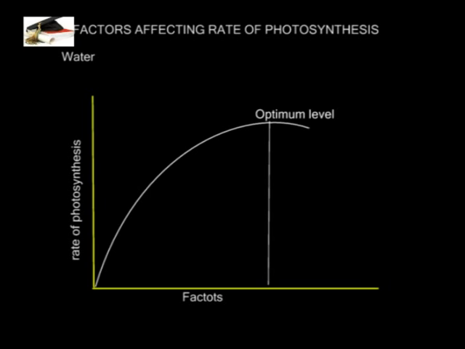Water. Plants need water for photosynthesis. A plant whose leaves are withering due to lack of water may photosynthesize at a lower rate. However, water is needed for many other purposes besides photosynthesis, and the effect of water shortage on photosynthesis may be indirect. To maximize the rate of photosynthesis, optimum temperature conditions with adequate rainfall and sufficient carbon dioxide are necessary.